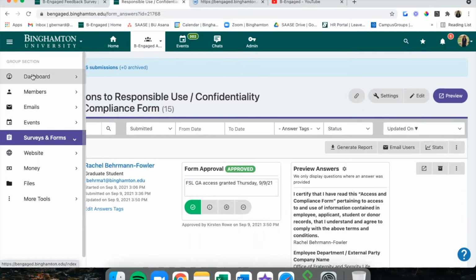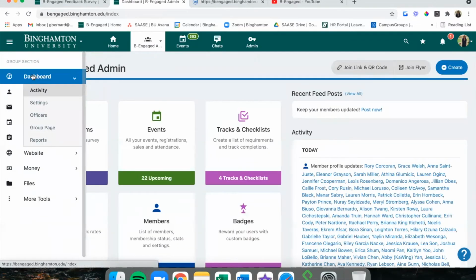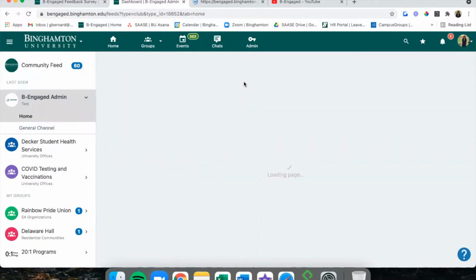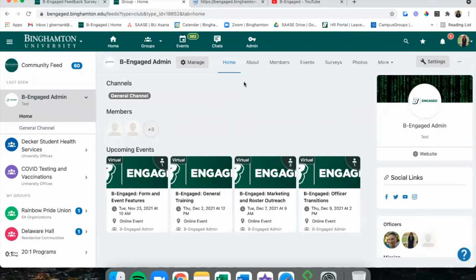On to number 7, the group page. You'll find it under Dashboard, Group Page. The group page is a hub within your Be Engaged group meant for just members and officers.